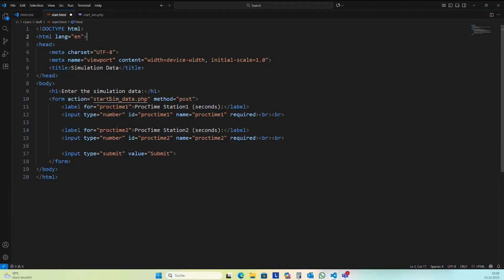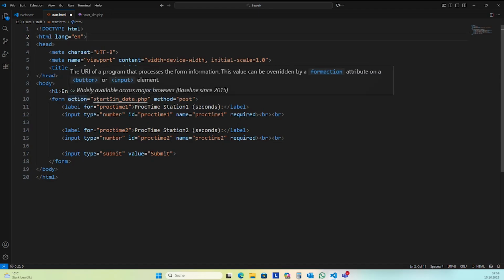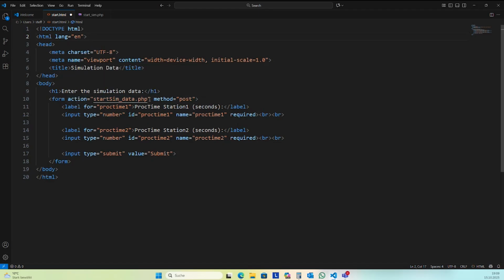It's an HTML file, nothing special. I have a form here, method is post, and form action is start sim data PHP. This is the PHP file we have to create. I have two input fields.